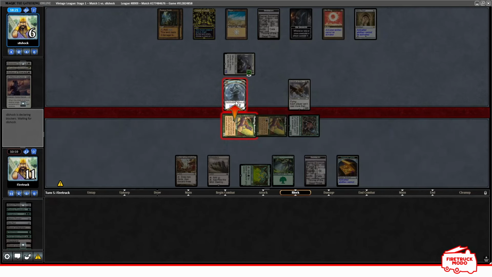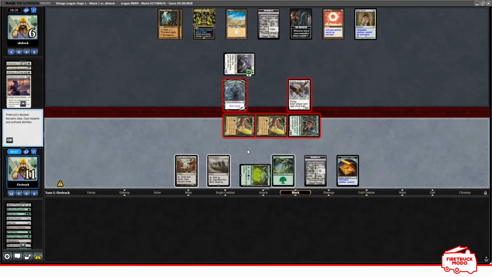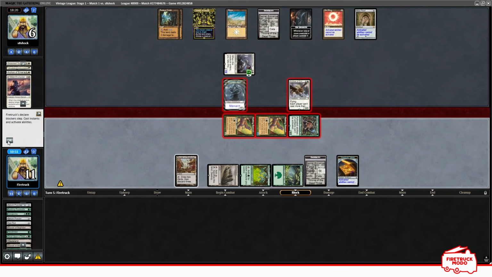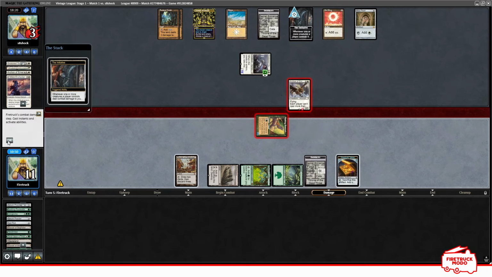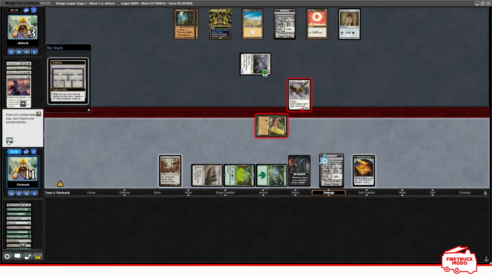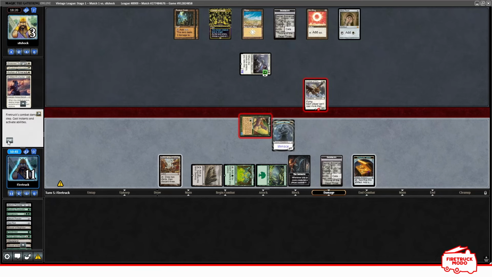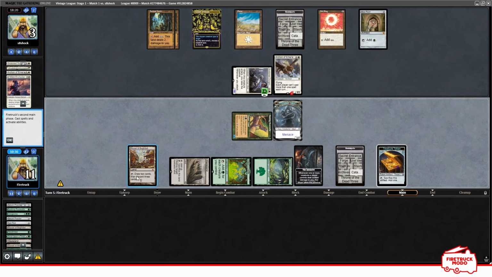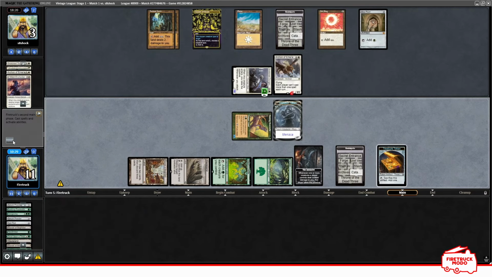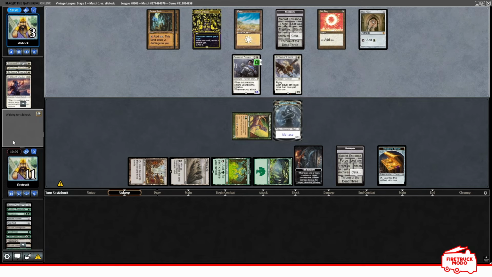You block there. You block here. I pump this guy. We get the initiative, I get a 4/1. And then I can just flip for a lizard, right? Which I think is perfectly fine. I don't get a lizard. So 7, 8, 9 is